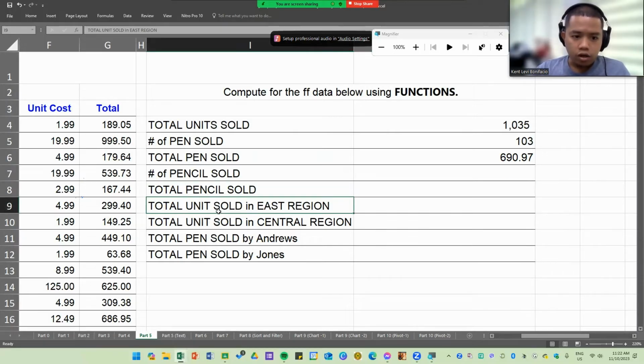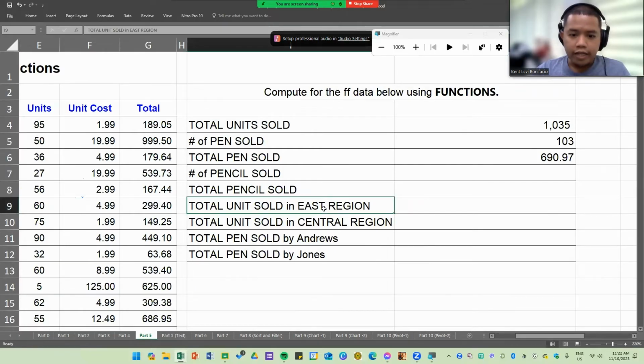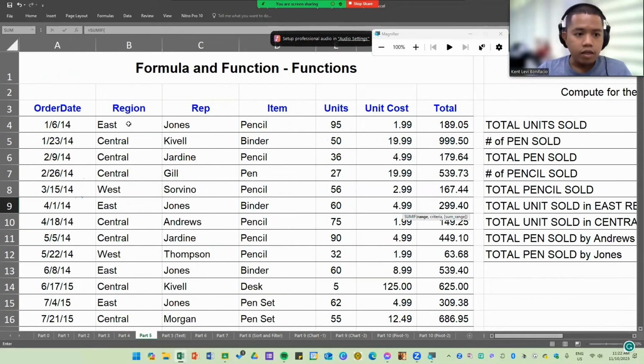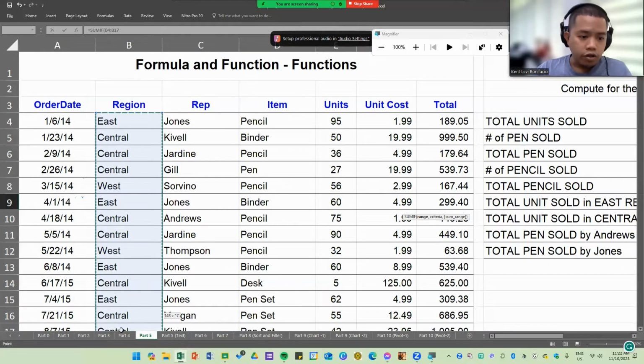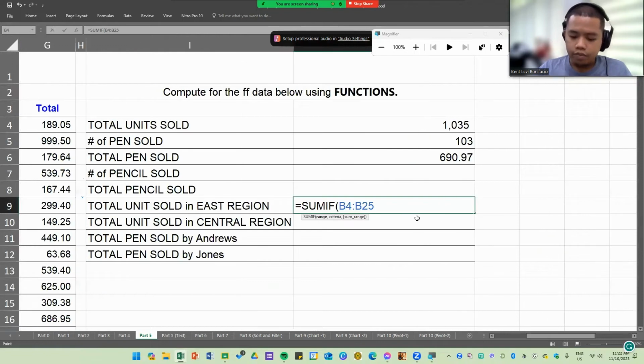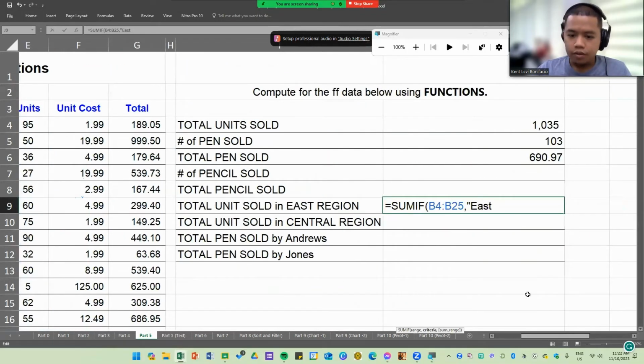Total units. Units, dili ta mabase sa units sold in East region. So kapag East region siya, what we're going to have here is sum if, tapos ang atong basihan sa condition or criteria is the region. Okay? Tapos, comma, East lang, not the word East region because wala may word na East region dire. So, we'll find only the East lang. Okay? So, East,